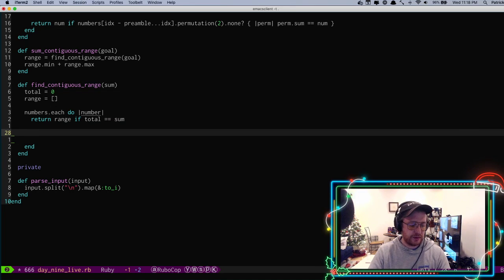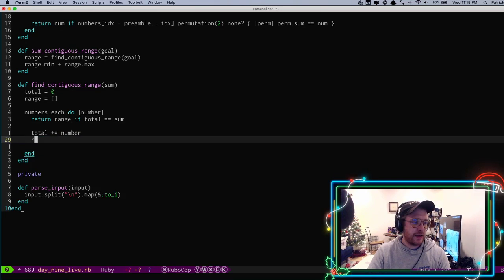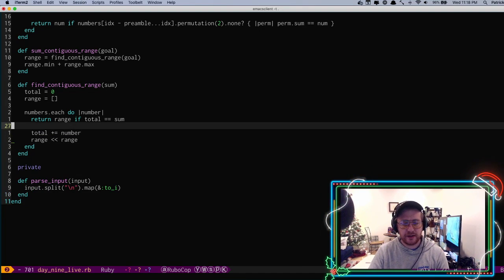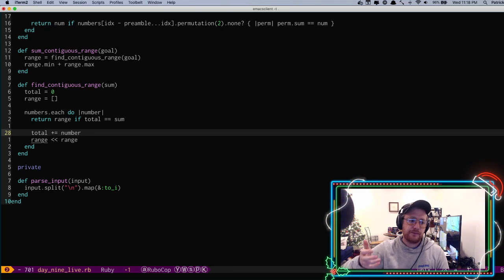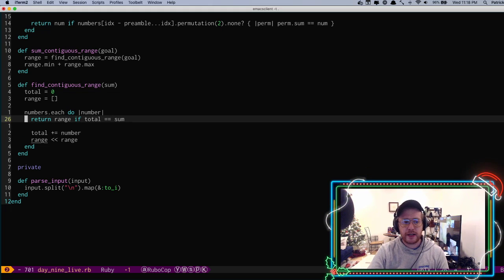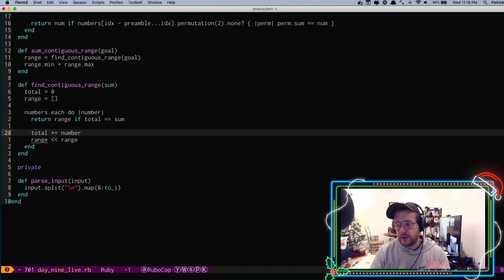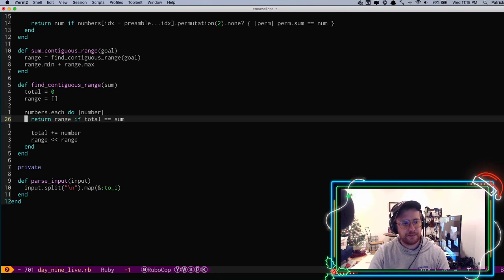What else do we need to do then? Well, so we're going to do total plus gets this number, and then we're adding that number to the range. Okay, so that's like our normal case. However, in some cases, adding the number to that total is going to make our total greater than our sum, in which case we need to first remove something from the beginning of the list, right? And so